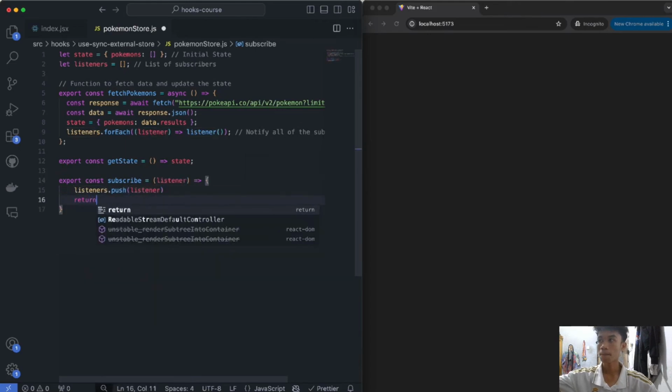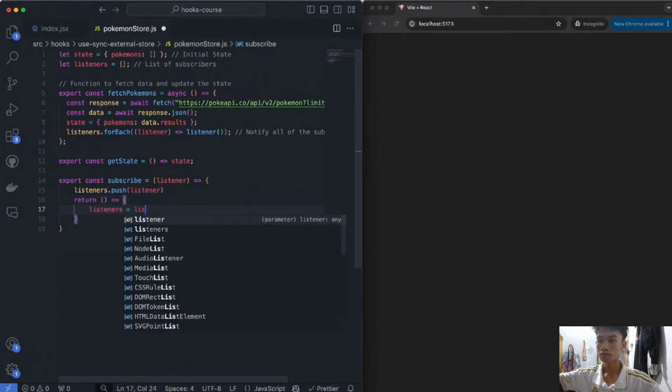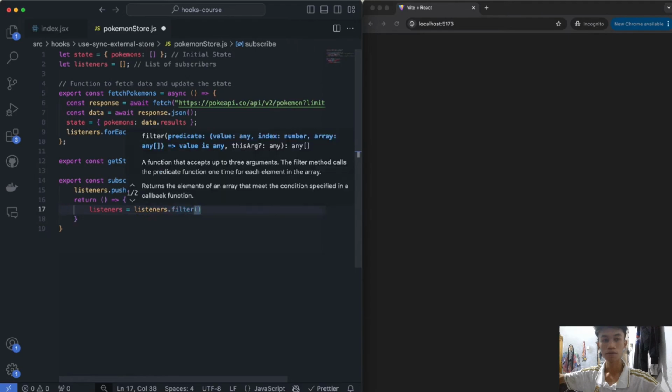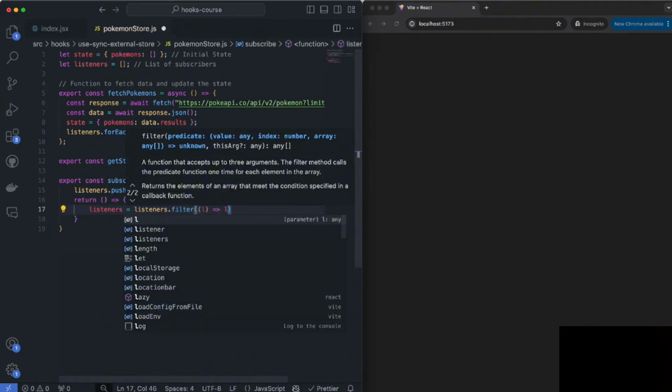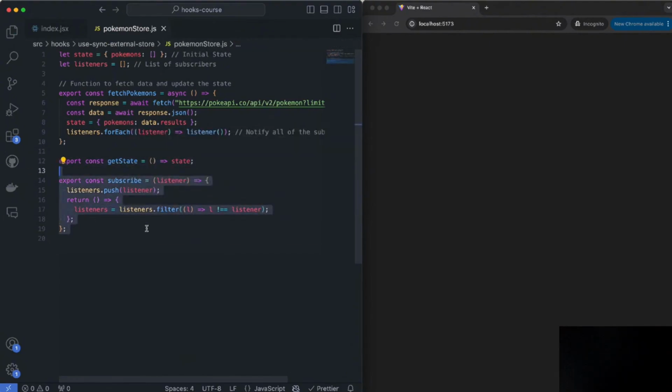And then when we finish this, we also want to clean this up and return back a function where I say listeners is equal to listeners.filter, and we'll just filter out the listener if it's already there. So I'll say l is not equal to listener. So just some logic to keep it. I know it's a bit confusing, I recognize that, but this is a very common pattern that you might see when creating a store like this,